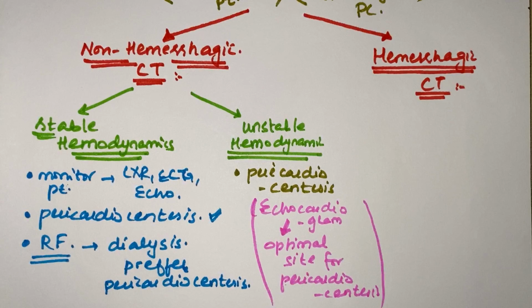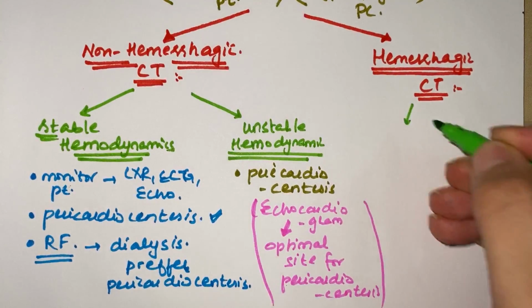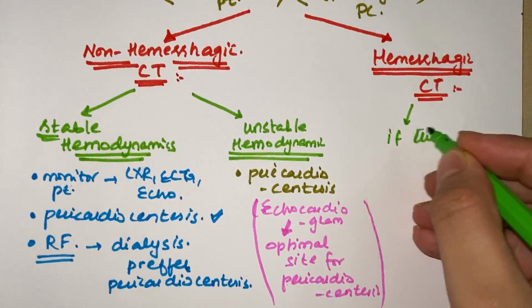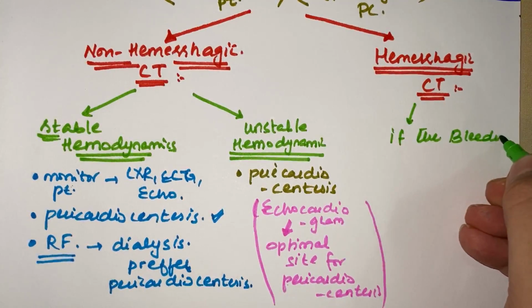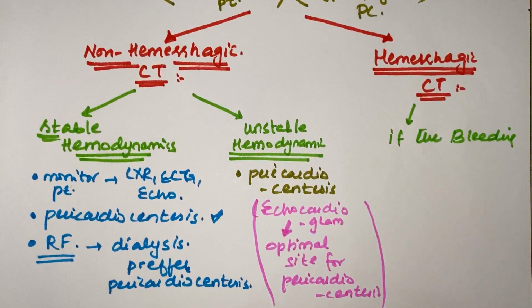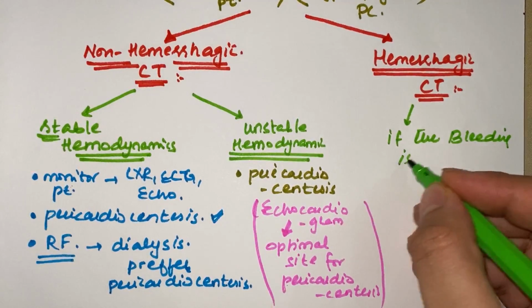Now we'll talk about the second condition, in which, as I already told you, the type of the fluid is hemorrhagic, meaning that the patient has blood in the pericardial cavity. So in this case, if the bleeding is unlikely to stop,